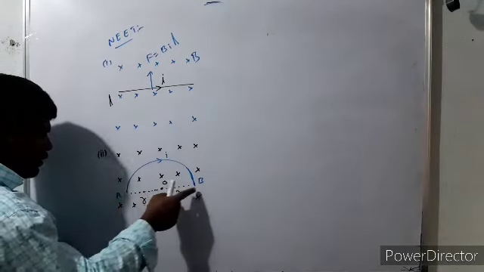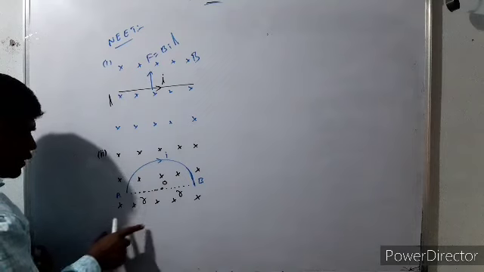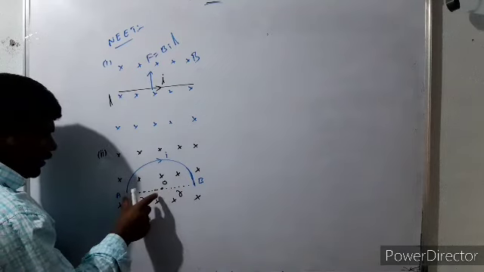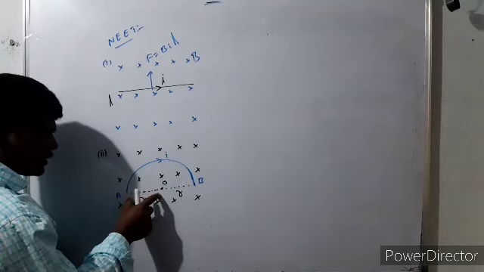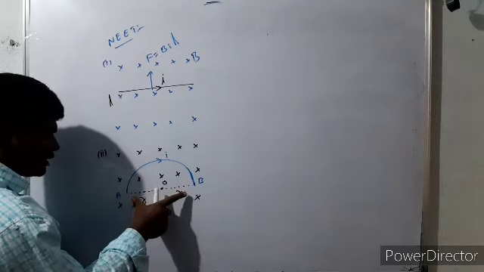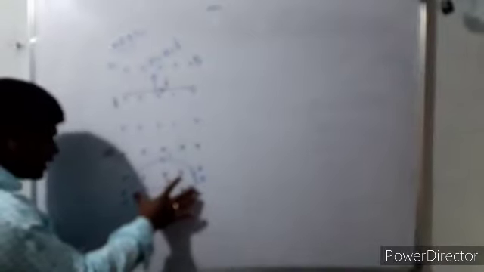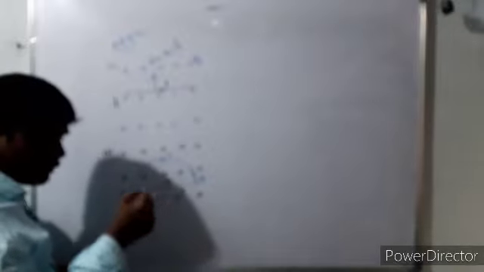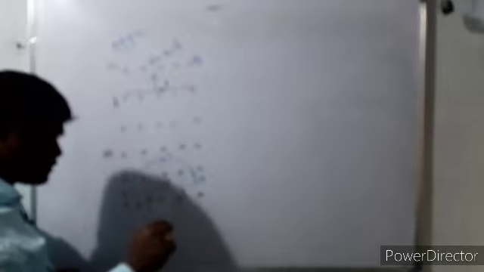Now, A and B are the end points of this conductor. What is the shortest distance between A and B? If R is the radius of this semicircular shape, 2R is the shortest distance. R plus R, 2R. Now, the magnetic force is independent of the shape of the conductor, and depends only on the perpendicular distance between the ends.